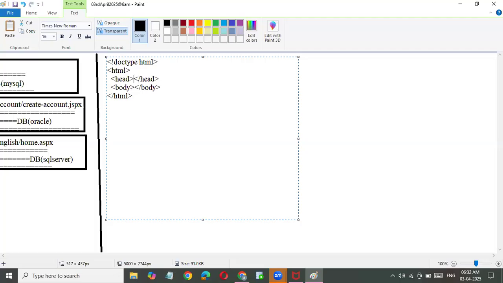Head is used to write CSS and JavaScript code. The style tag we use for writing CSS, and the script tag we use for writing JavaScript. Script tag is for JavaScript code, style tag is for CSS. Inside the style and script, we can write it inside the head, and inside the body tag we can write